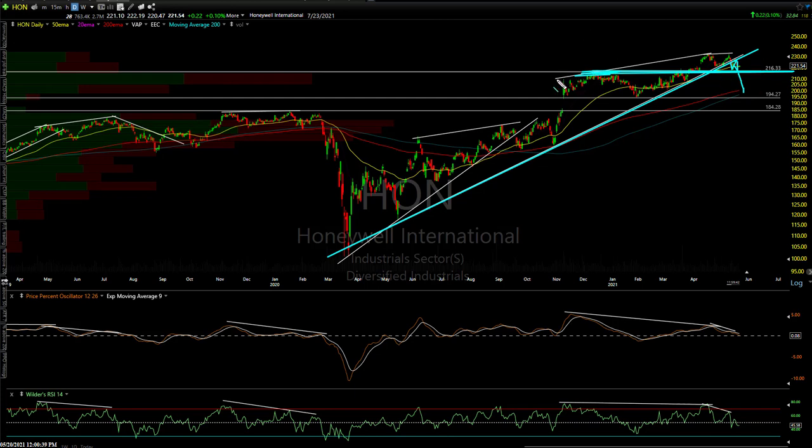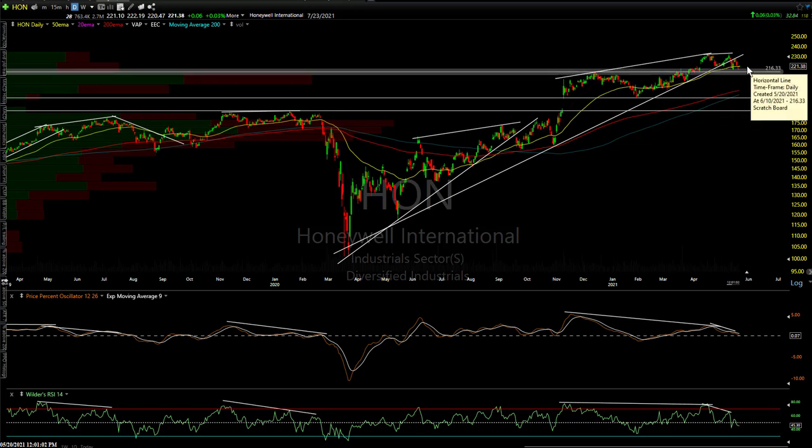And when it's going to happen, or if it's going to happen, will be when we start to see these two sectors break down, and some of these stocks that I'm covering. Many have already broken down, like Honeywell, for example. And again, the common theme is these big divergent highs. The last time we had negative divergence here was back here, heading into this huge drop into the March lows.